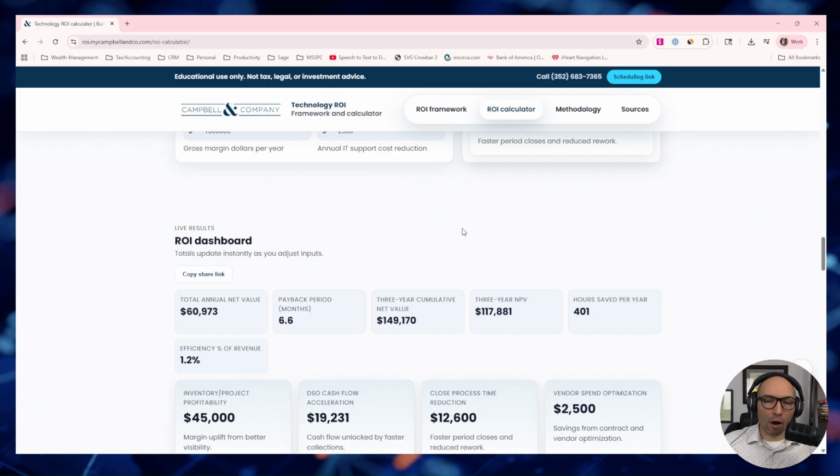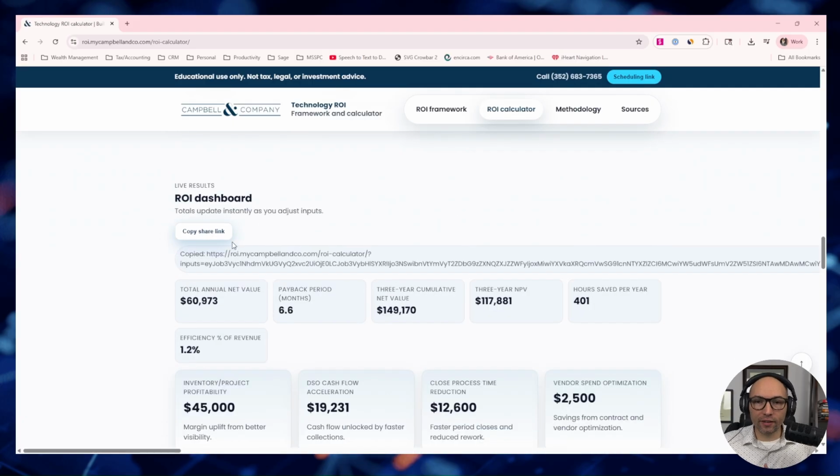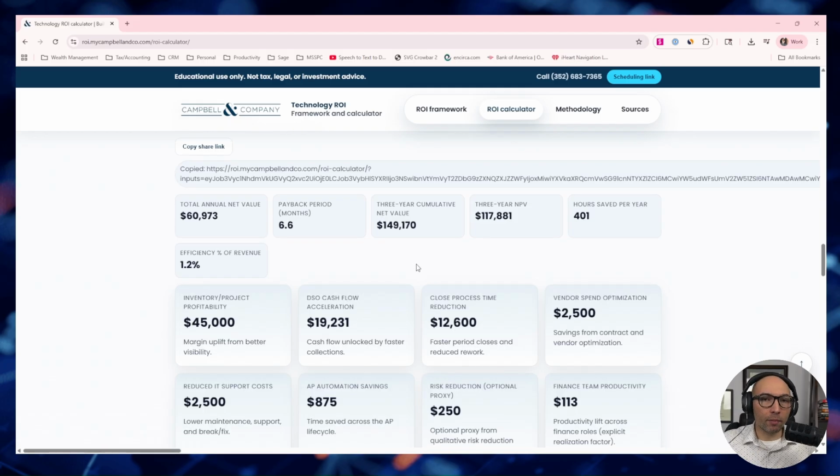So as you scroll down, what I want you to take away here is the ability to share this. There's a nice link. Just click it. Copy paste that into Microsoft Teams or Slack and send it to one of your colleagues, because they will be able to just paste that in their browser and it's going to pull this up with exactly what you threw in. Awesome shareable link, right? This is not saved in some database somewhere, so you don't have to worry about anyone stealing your data, your information. It just lives in the browser. So send that link over to them, and now they can pull it up and make adjustments to the model on their end.